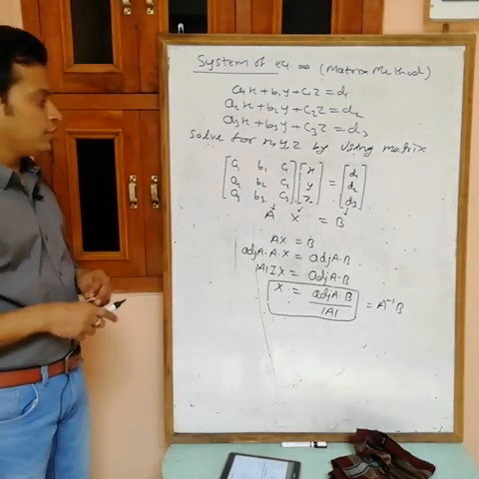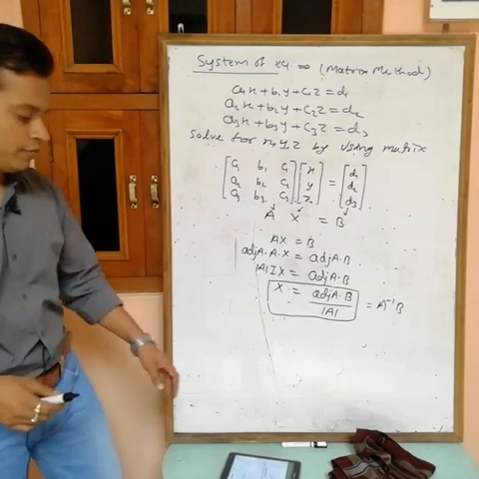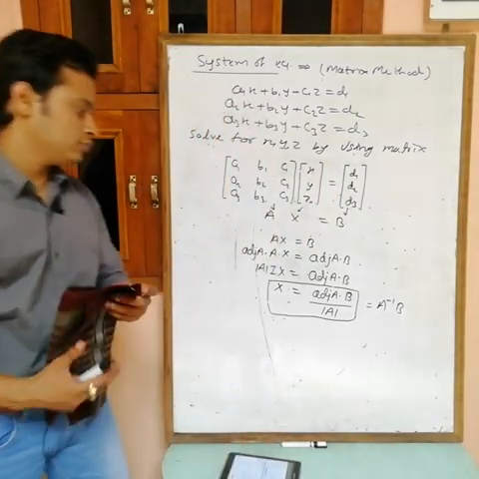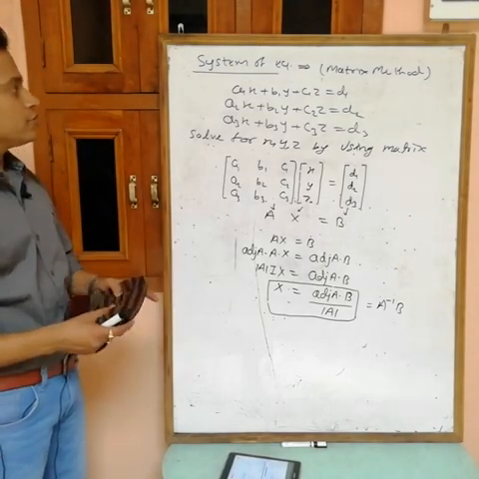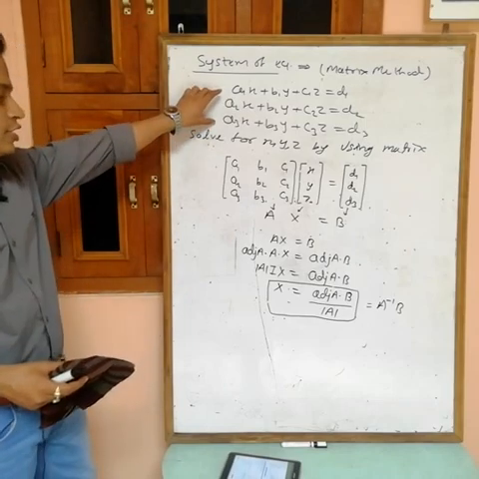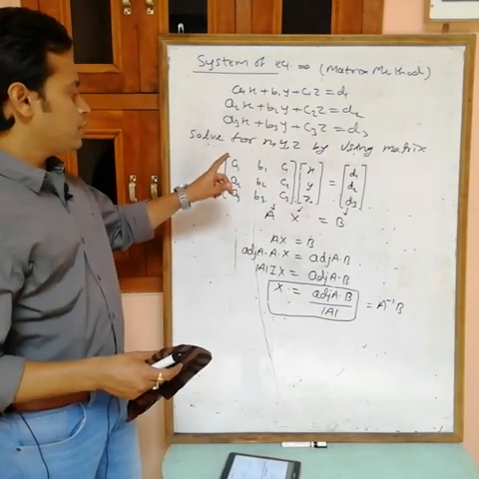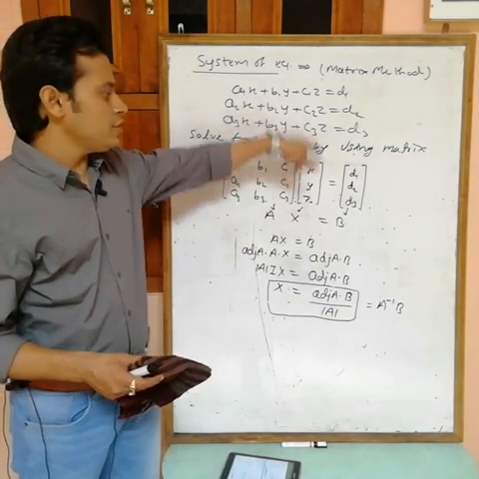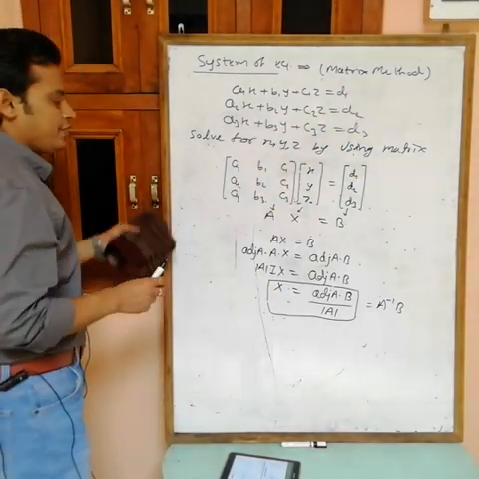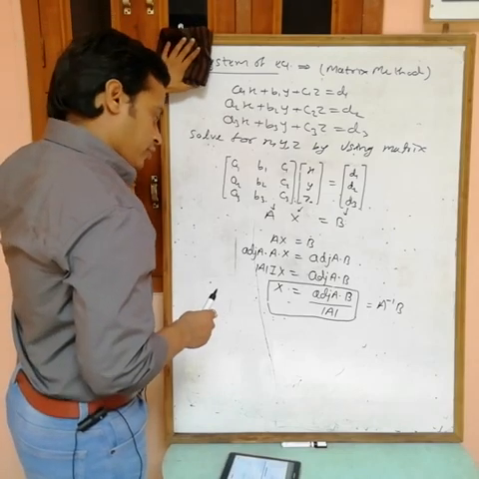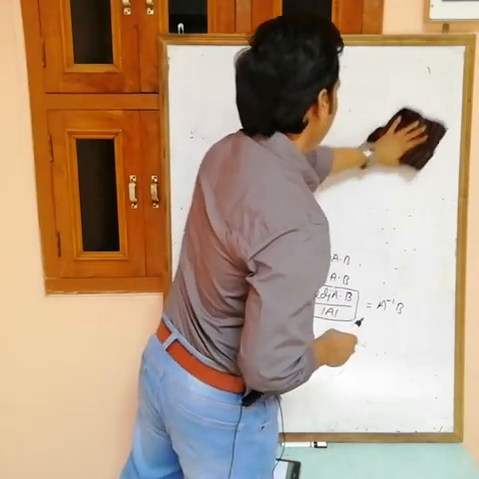Okay, so for that, first write down this. Then I will take a system of equations and show how to find the number of solutions. If you want to solve the system of equations by using the matrix method, then this is the formula: X equals A inverse B, where A is the matrix formed by the coefficients of x, y, z, and B is the matrix formed by the constant terms. We will take questions, but first write this down. Now see how to identify whether we have no solution, a unique solution, or infinite solutions.